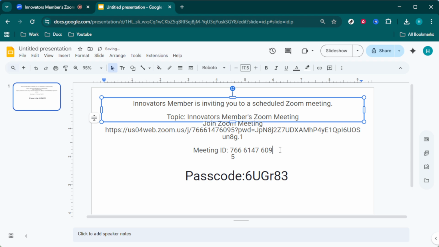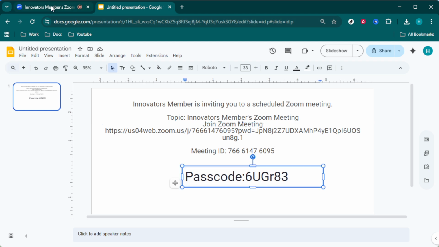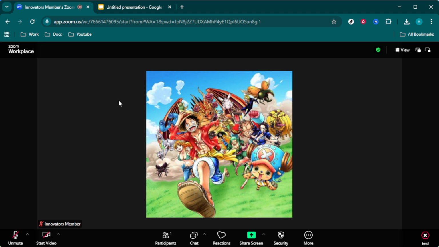Secondly, updating Zoom to the latest version could be your next step. Sometimes outdated Zoom applications cause passcode or joining problems. Whether you're on a desktop or mobile device, it's a good idea to ensure your app is up to date. For desktop users, click on your profile and select Check for Updates. If you're on a mobile device, head to the Google Play Store for Android or the App Store for iOS